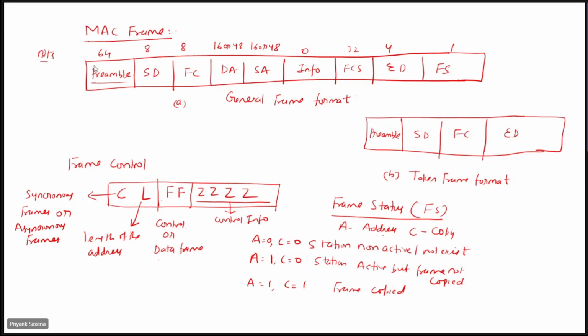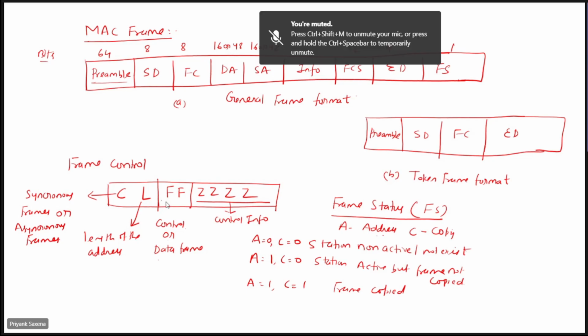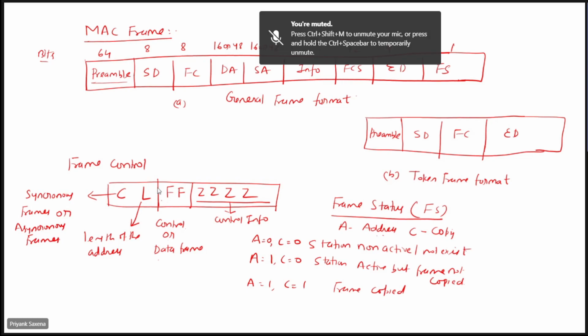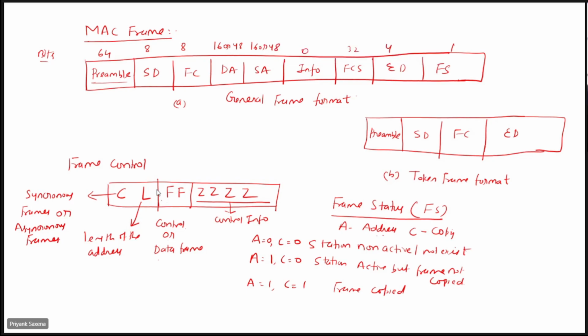Then FC, you can see frame control, C, L, FF, ZZZZ. These are the control bits. FF indicates whether it is a control frame or a data frame. So if it is 00, it is a control frame, right? Or if it is 01, it is a data frame. So it basically differentiates between a control or a data frame. And C stands for synchronous frames or asynchronous frames, and L says about the length of the frame, right? So